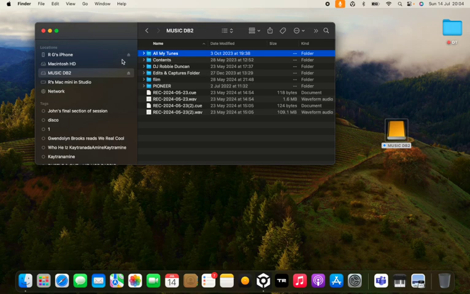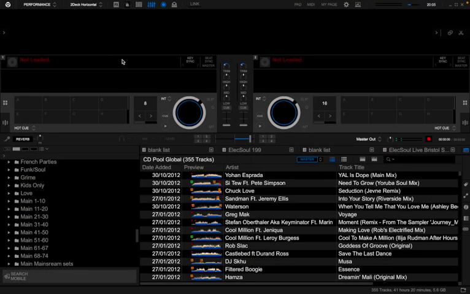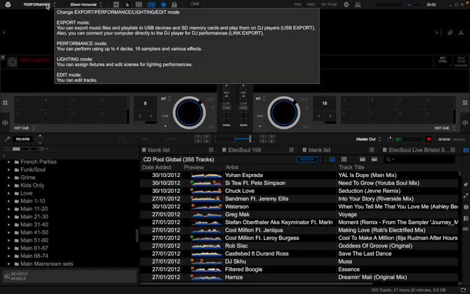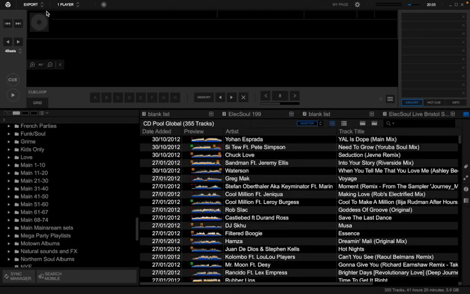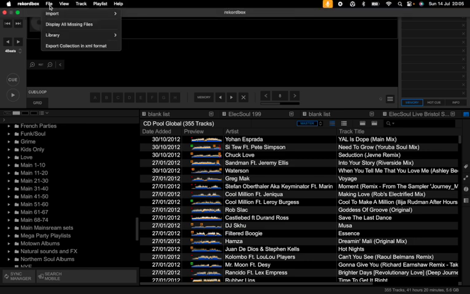Right, so if I zoom over to Rekordbox, you can see I've got it in performance mode. I've got a controller connected, but whether you have it in performance mode or export mode, it doesn't really matter. It still will be the same process. So generally what you guys are doing at the moment, you've just downloaded all your music to the downloads folder, and then you've gone to import your tunes, and you've gone to import here, and you've either imported a folder or a playlist or a track, and you've clicked on that,